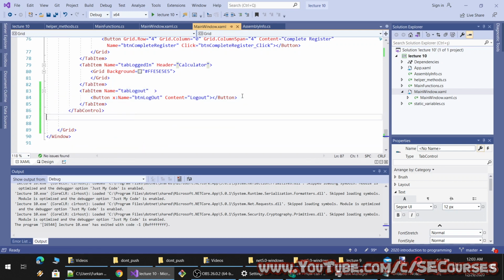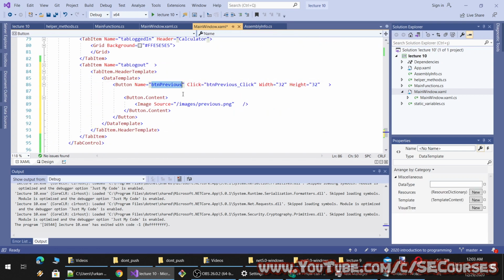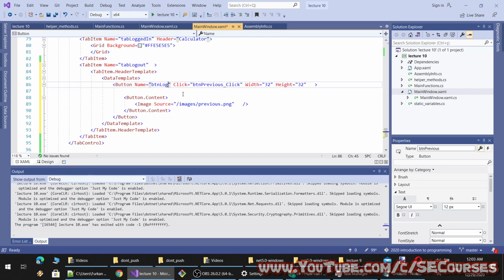It will be inside the tab item, and the name will be logout, and on click I will make a new event. Let's set the width and height, button content. I won't provide image this time.